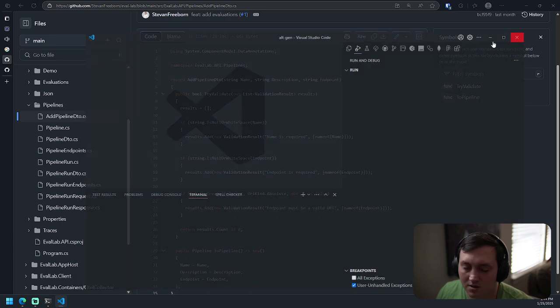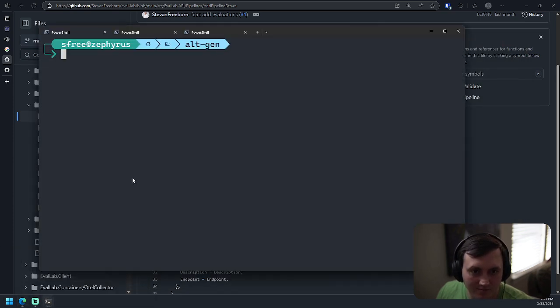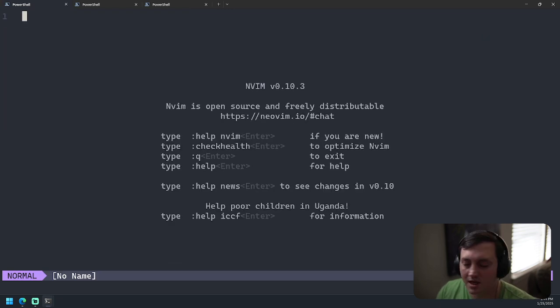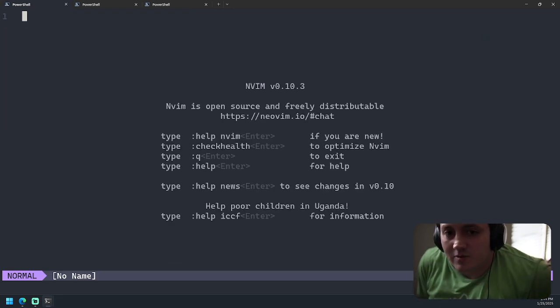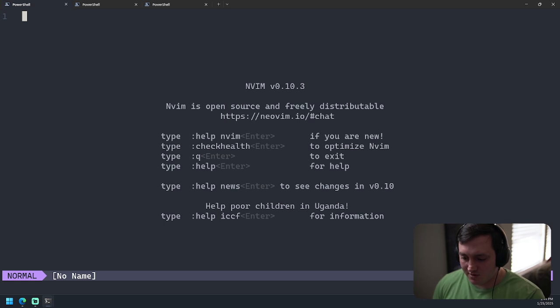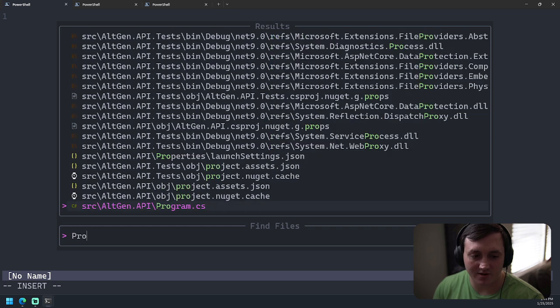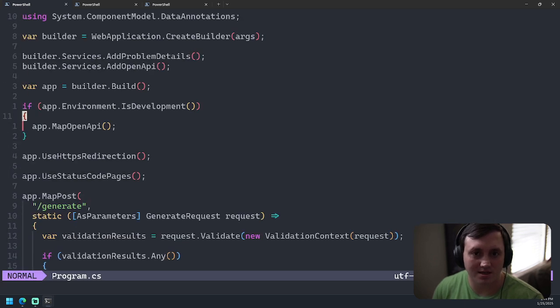All right, so let's go back to Neovim. And I need to actually wrap up here and get ready for a basketball game. So let's go back over here, Program.cs.